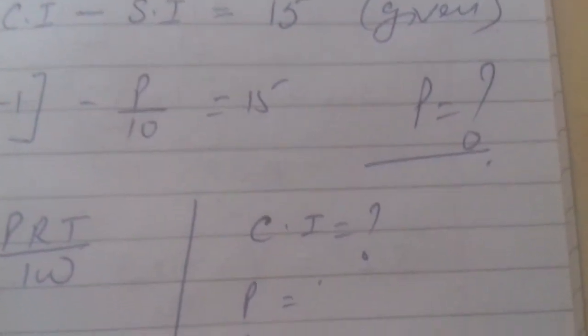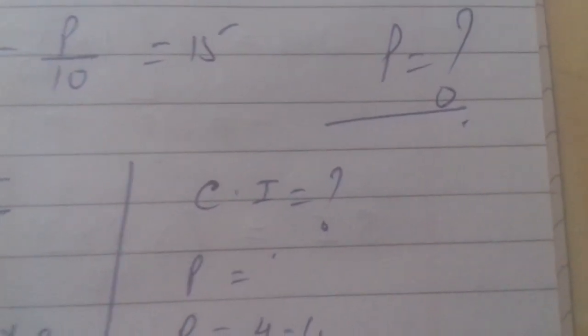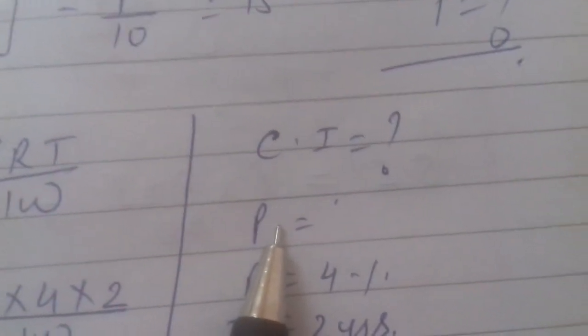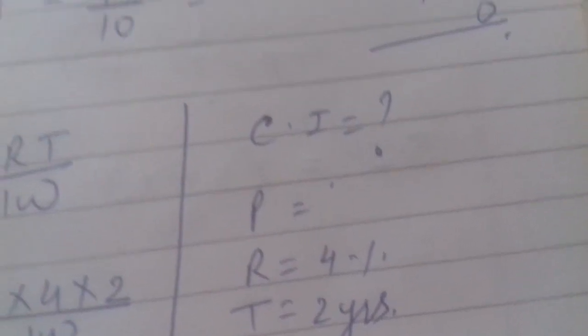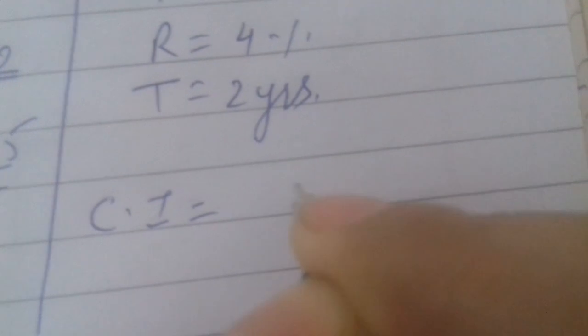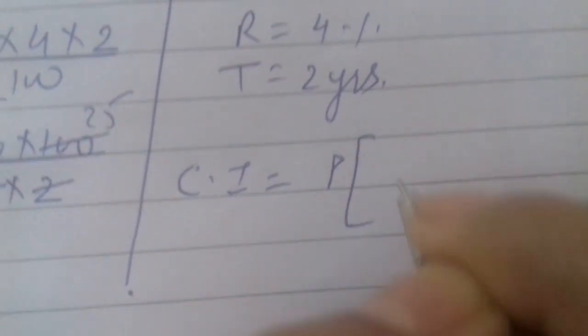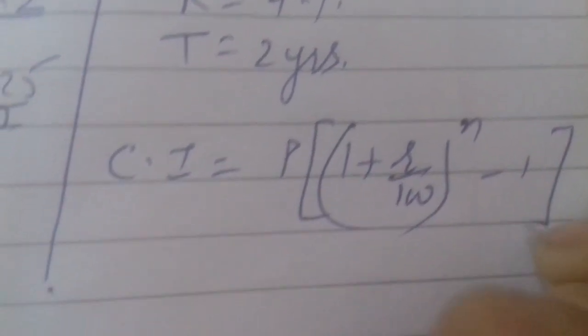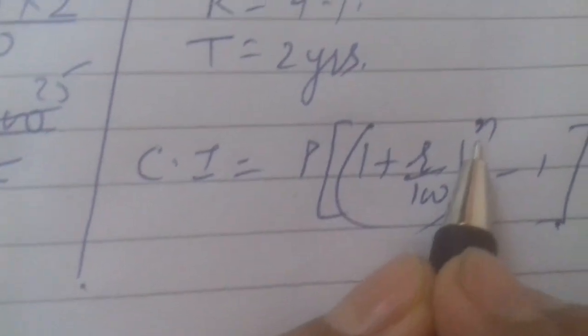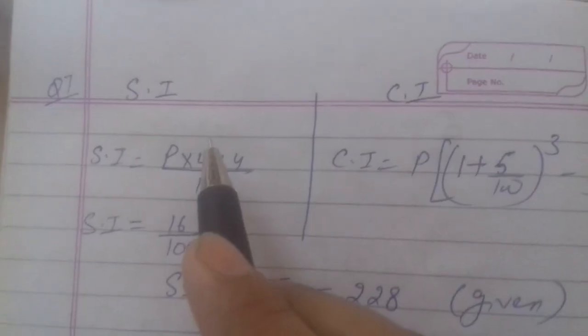Then it is given to find the compound interest on the same sum, meaning whatever principal you get from this will become the principal of compound interest. They have given principal is same as the last principal which you found. Rate is given, time is given, and what you are asked to find is the compound interest. So what is the formula of compound interest? That you know, P into (1 plus R over 100) raised to the power n minus 1. P is given, R is given, time is given, put the value and do the calculation.